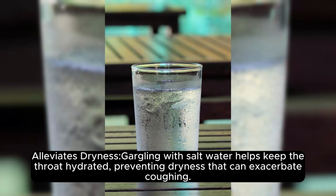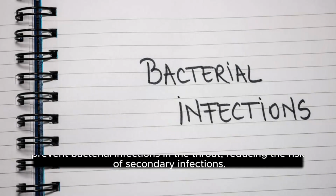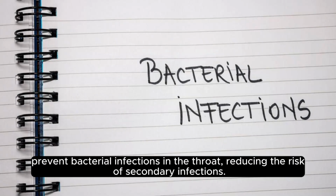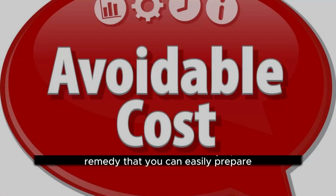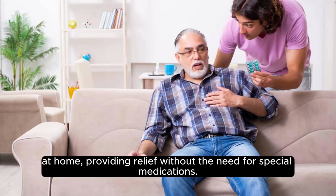Alleviates stringiness. Gargling with salt water helps keep the throat hydrated, preventing dryness that can exacerbate coughing. Prevents infections. The antibacterial properties of salt may help prevent bacterial infections in the throat, reducing the risk of secondary infections. Cost-effective and accessible. It's a simple, cost-effective remedy that you can easily prepare at home, providing relief without the